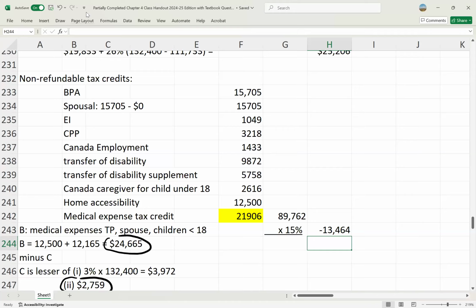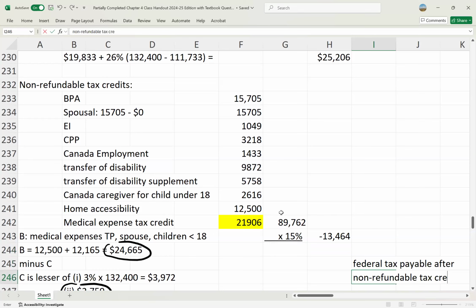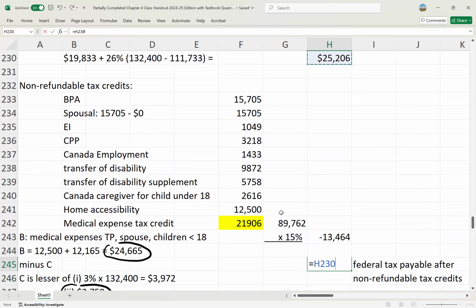And so we minus that from our federal tax amount above. And so the federal tax payable after our non-refundable tax credits is going to be